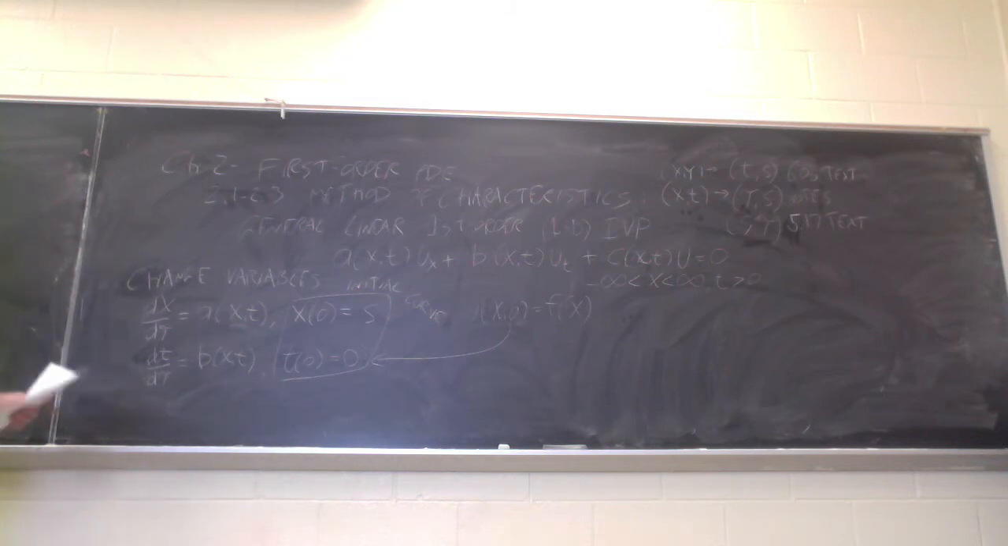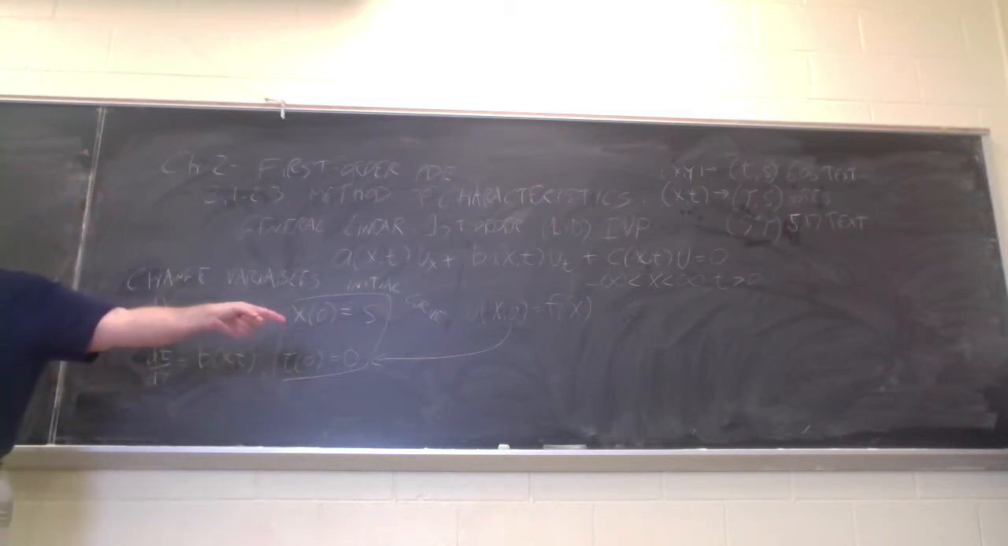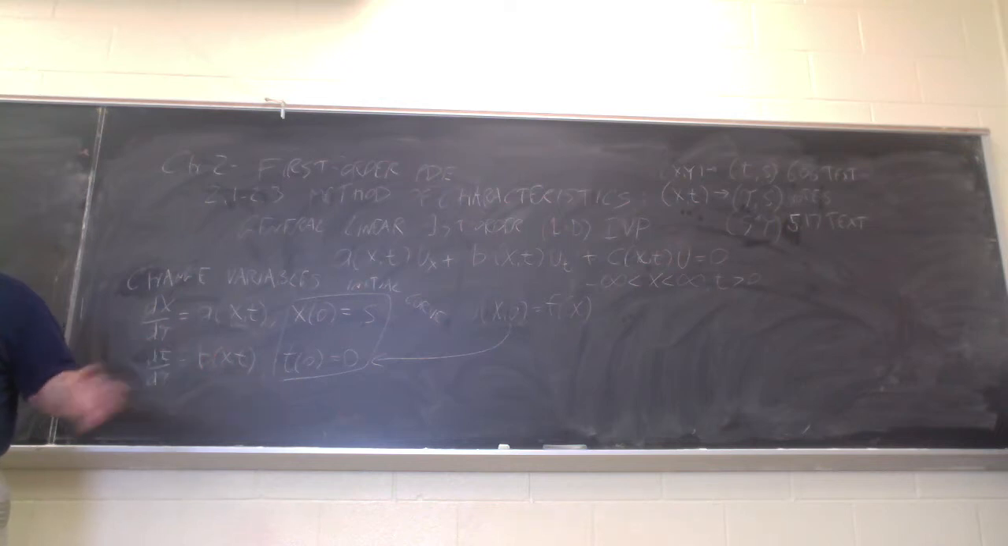Now, in our case, the initial curve is just the real number line, x goes from minus infinity to infinity, and t equals 0. So we're using s as a parameter along the entire x-axis, and then t is 0. Okay, now